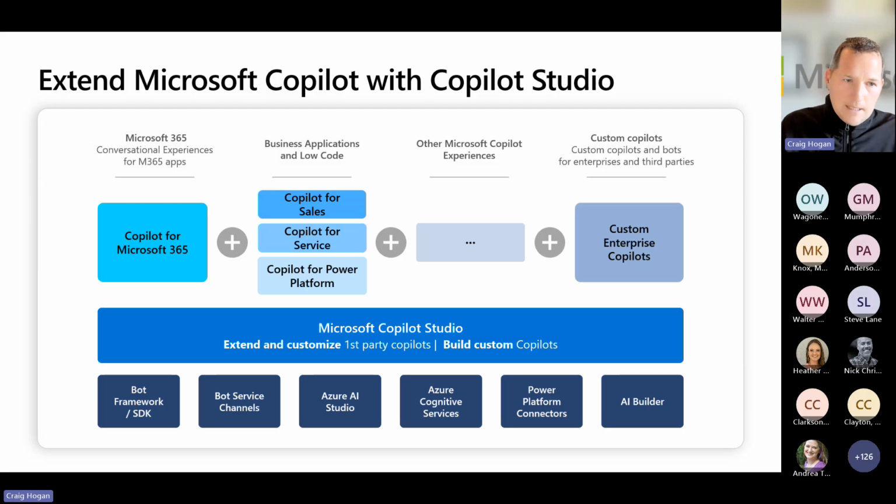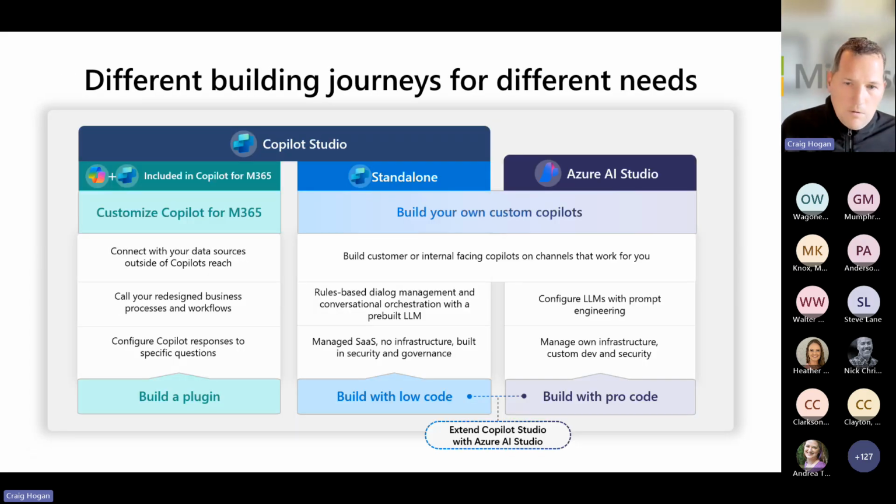So just setting the stage, that's the hierarchy. Think individual consumption, personal productivity: that's my M365 Copilot. But of course, we're Microsoft, so we like to have caveats, which I'll get to. Then as I want to start extending, I've got Copilot Studio. And as I want to enhance and leverage the full power of Azure AI, I can now start to incorporate that into Studio as well. So that's the three columns, or pillars, whatever you want to call those components.